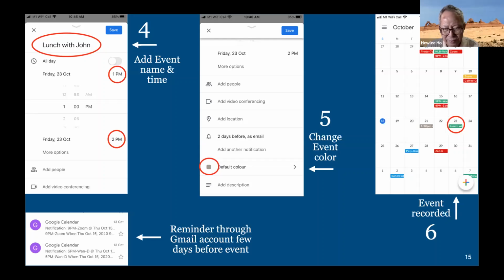And something better, normally 1 or 2 days before the event, Google Calendar will send an email to your own email account. That's why all these are linked. At least it reminds you that you have made an appointment. Don't forget. So that is how you use a standalone Google Calendar. If I'm talking too fast, after that you can ask me again in Q&A, or you can wait for the video to be uploaded and view it again.